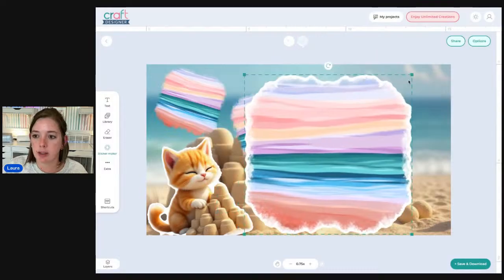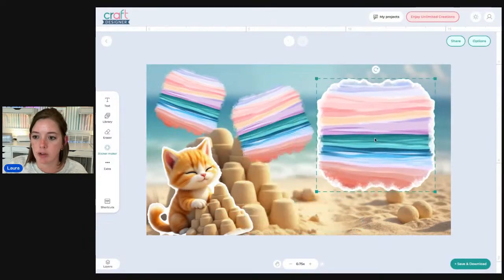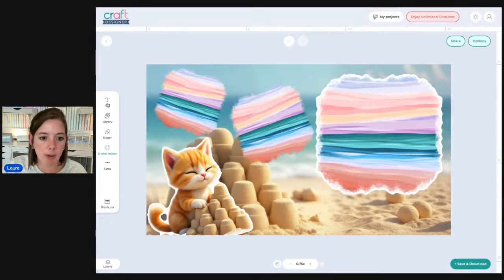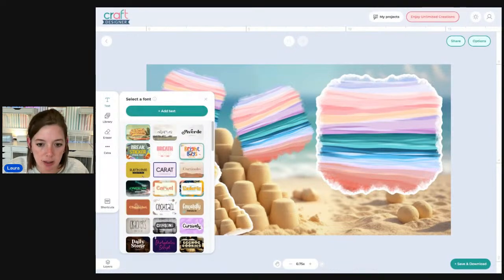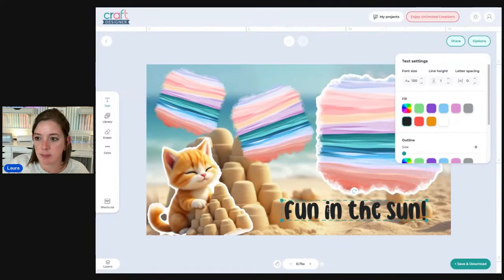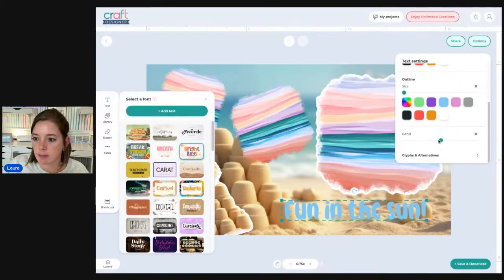And you don't have to do it to all of them. You can just do it to one or however you want to do it. Maybe I want to add some text. Give it an outline.